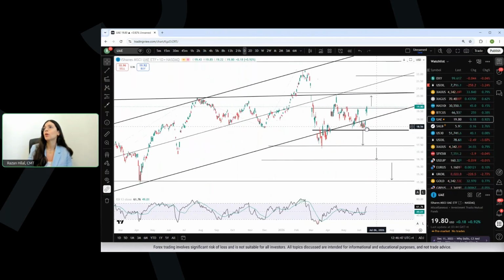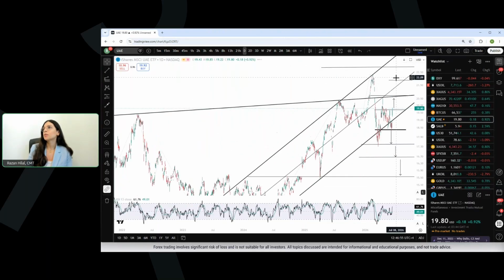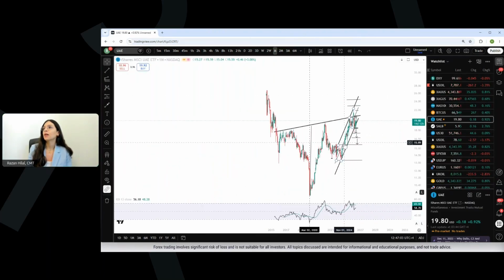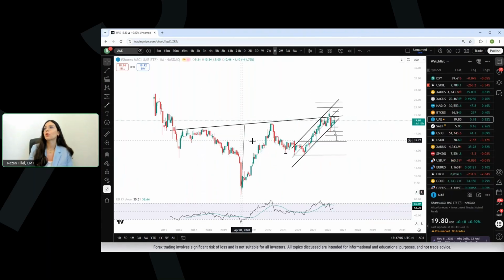An important thing to note about the UAE MSCI is that should it cross over that next key resistance here, the 20.80 zone, we can be targeting the highs of 2026 near the 22 mark that may confirm a potential multi-year breakout for a potential inverted head and shoulders formation that may give way to an extended bull run on the horizon, in line with the overall long-term bullish rallies of the US indices.